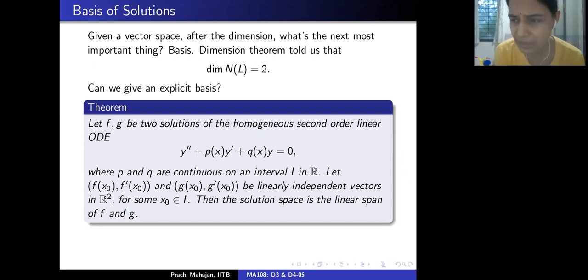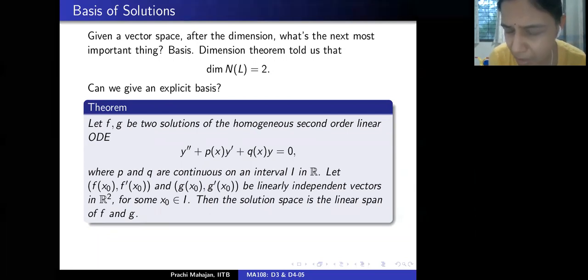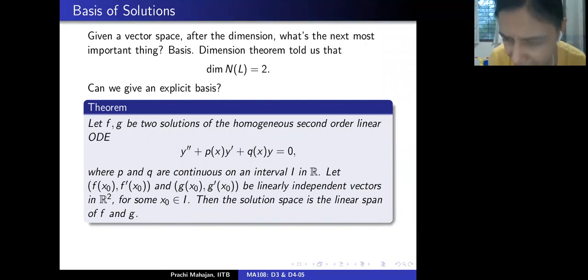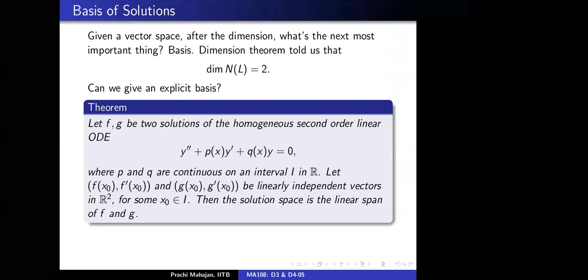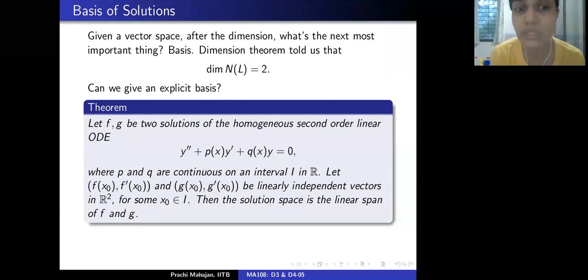Why would that be the case? Information at one point, that g of x naught is a multiple of f of x naught, will tell you nothing about the derivative of g at x naught. You need information within a neighborhood of x naught to conclude something about the derivative at a point. Isn't this true for all x naught? No, just some x naught. Some x naught. That's the whole point.